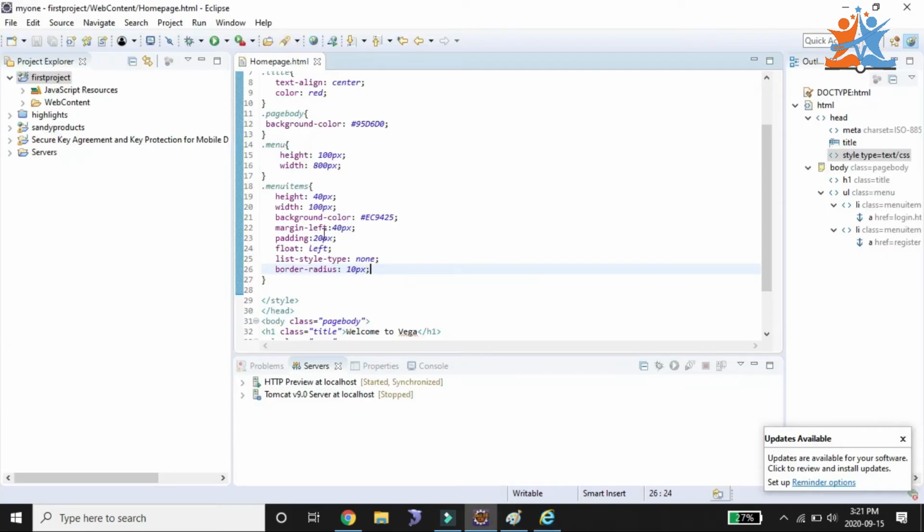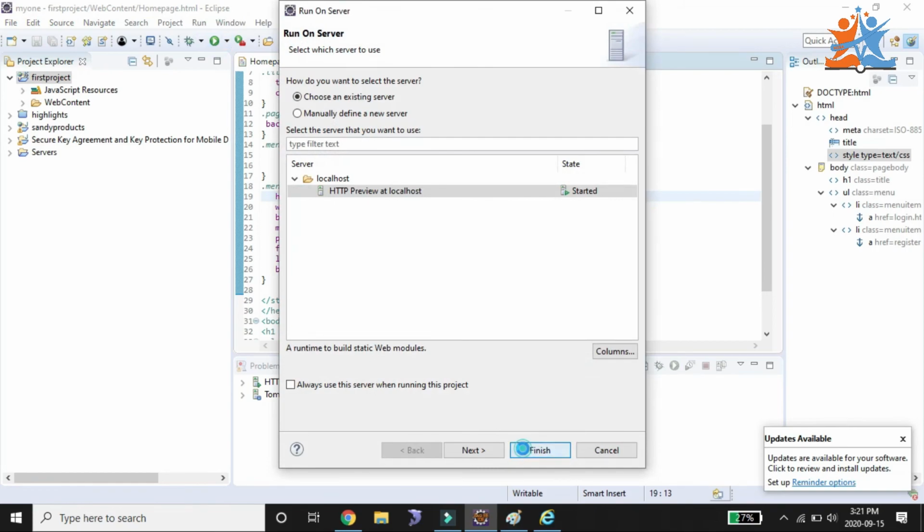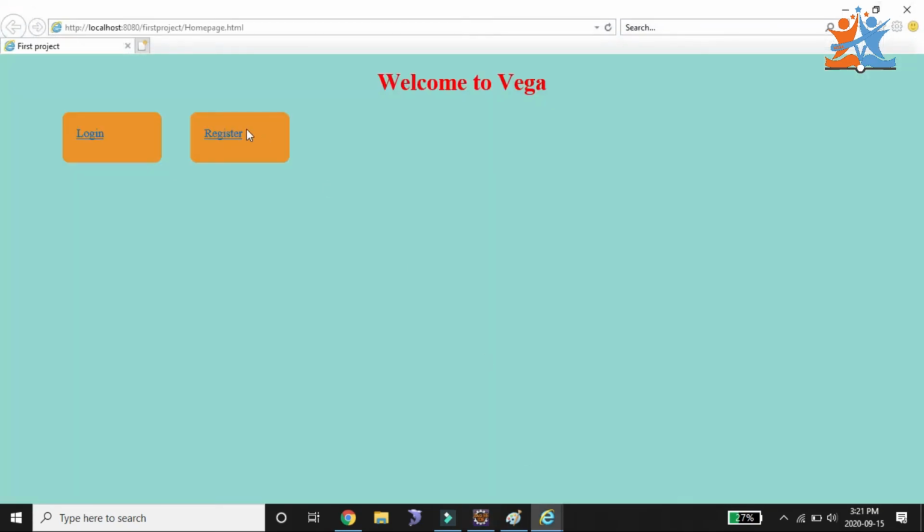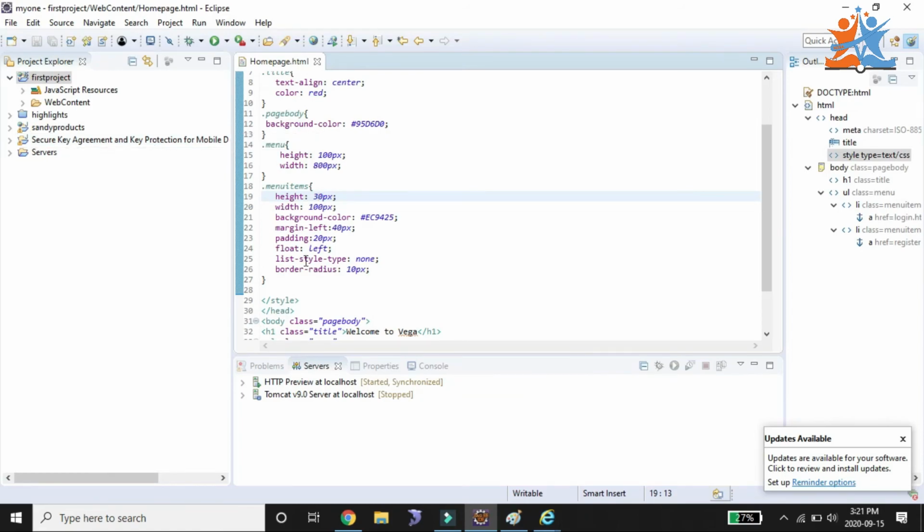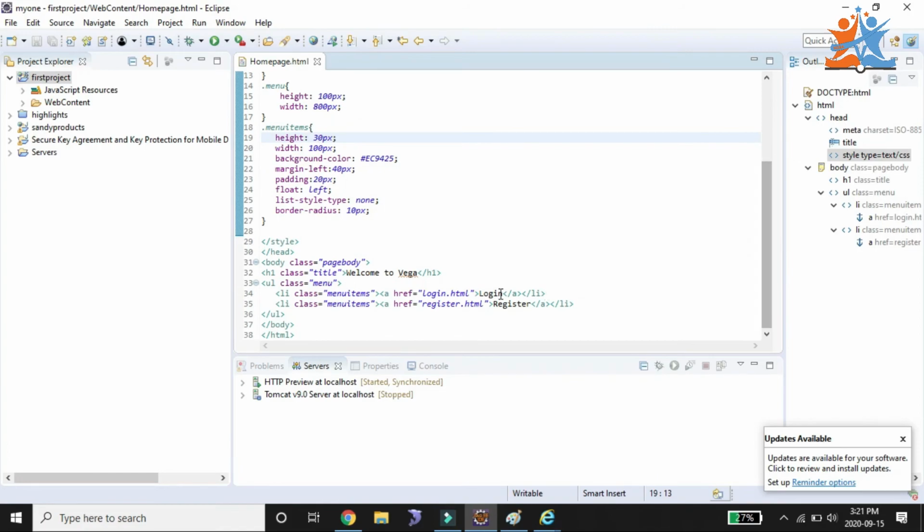Okay, fine. I need to change the height to 30. Run and again some things. And here we need to remove those underlines.